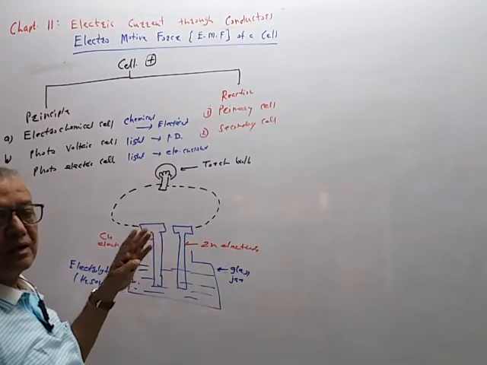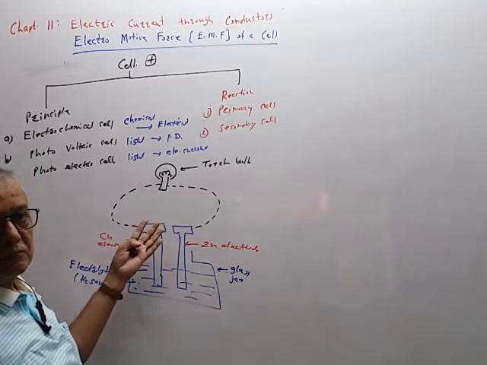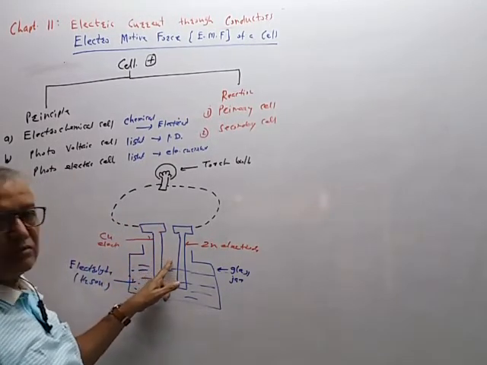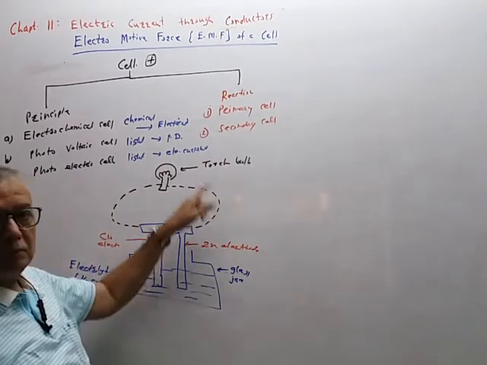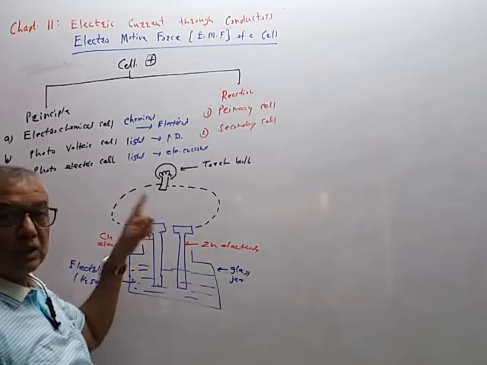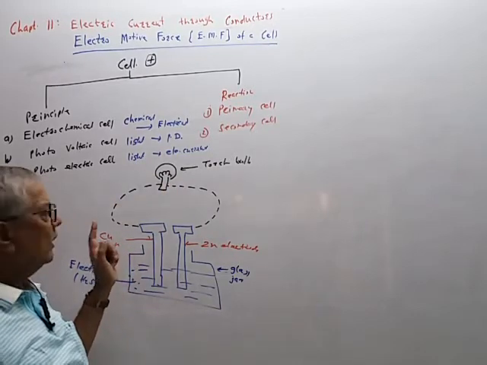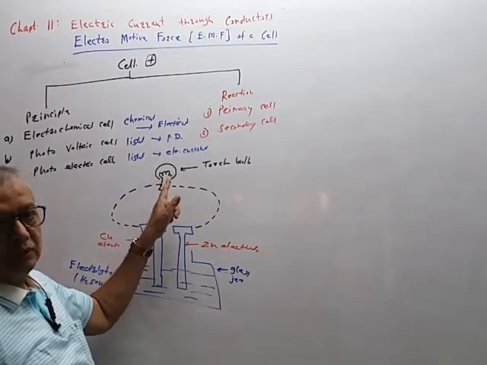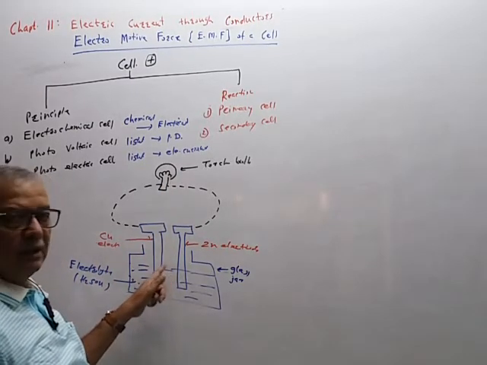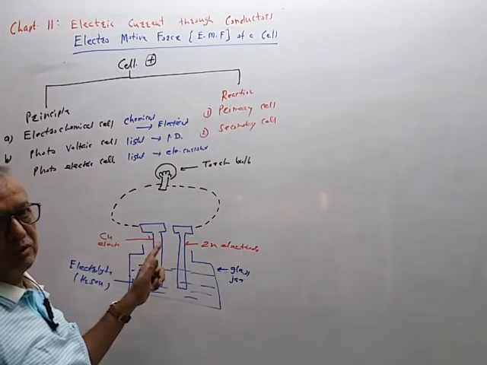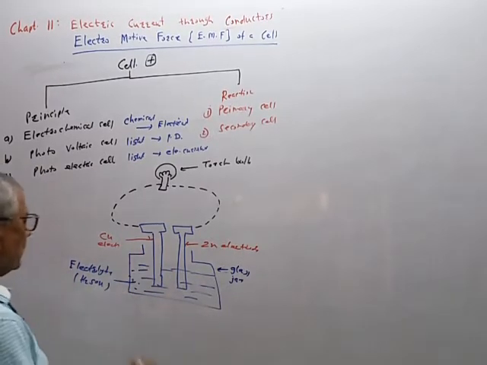What is meant by current? Current is the rate of flow of charge. So electrons are supplied from the cell. They are circulating in this bulb and cell, a continuous flow, and therefore we get the current. So what is the role, what is the use of the cell? It supplies the electrons. So how are these electrons supplied?